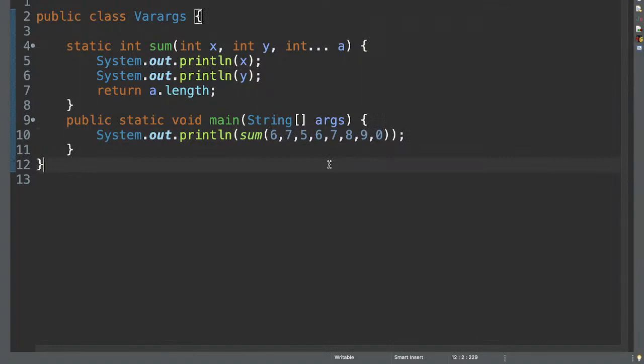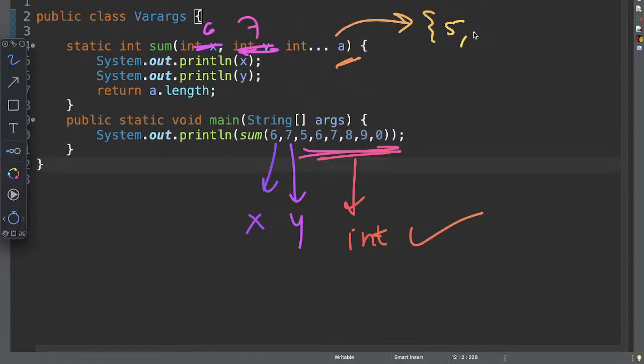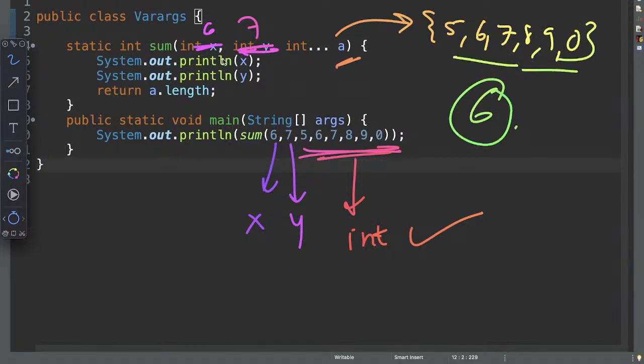Let me tell you how it comes out to be 6. So this first 6 goes for variable x, second goes for variable y. So now this is 6, this is 7. Now these are the remaining values. Are they of type int? Yes. Can I store them in a? Yes, definitely. So this a has values like 5, 6, 7, 8, 9, 0. How many values are these? 6 values. Therefore the length of a is 6. So I hope this is clear